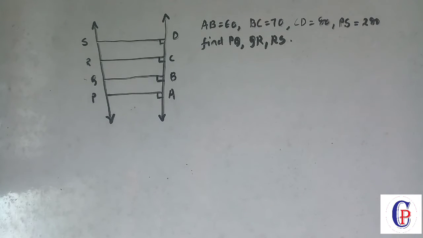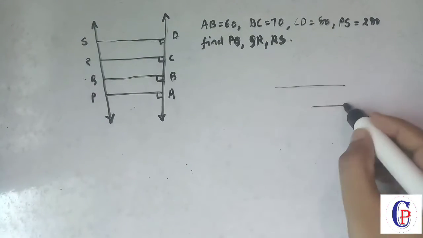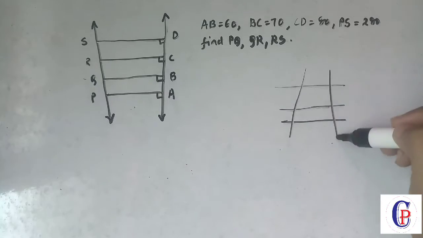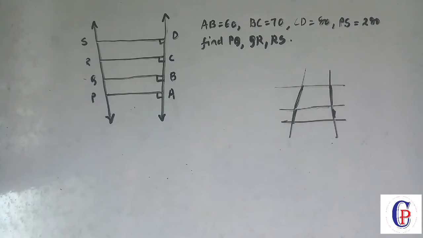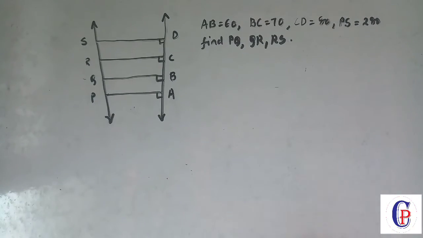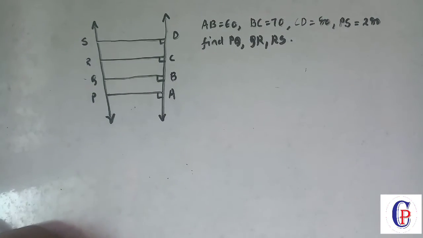So guys, we have one more question. By seeing this diagram, we can easily identify that the theorem we will use here is the theorem on three parallel lines and their transversal. We have already seen that if three lines are parallel and you have a transversal, then the ratio of these two is equal to the ratio of these. Same thing here, but you can see there are four parallel lines. No problem, if four parallel lines are given, we will take three at a time and solve it.